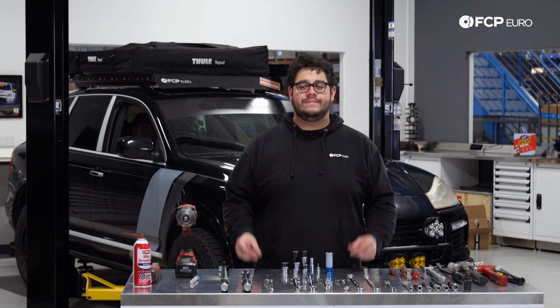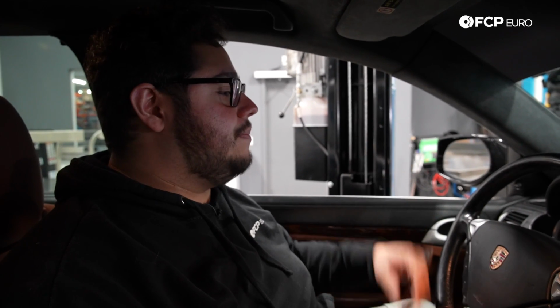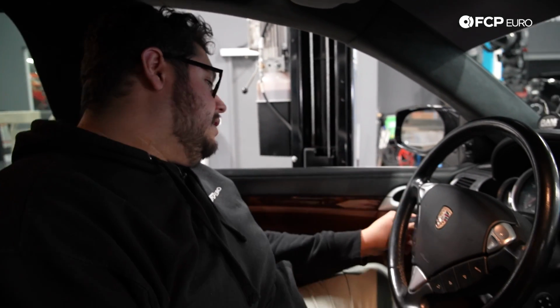Now that we have a list of what we're going to be working with, let's get started on this DIY. All right, before we get started, the most important thing on this Cayenne is going to be to put it into lift mode. This is an air-equipped vehicle, so we do have to make sure that the suspension system is off. That way it doesn't try to level itself out while it's up in the air. If your car is equipped with coil suspension, this is not a necessary step. So to do so, we're going to put the key in the ignition,